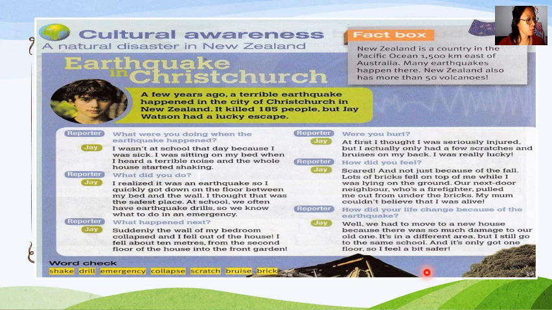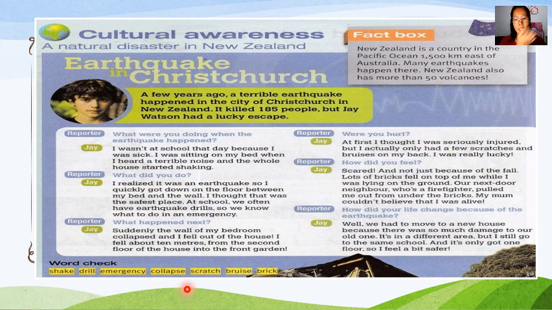So we have listened to the passage. There are a few words that I want to explain here. The first one is shake. Normally we hear the word shake your body. Shake means 摇动, bergoyang. Next one, drill, fire drill. Drill means practice. So what will you do during an earthquake drill? Emergency, kecemasan, 紧急. Collapse means runtuh, 毁灭.